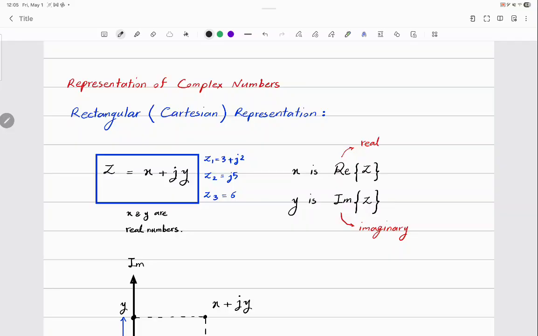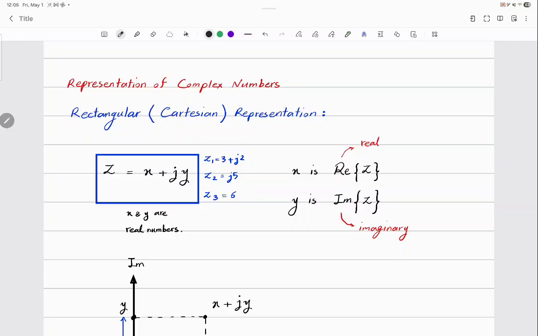The reason for that is that, let's talk about the first representation and then we will see why. So complex numbers are made of two components, okay? The real part and the imaginary part. Every complex number is defined as real part x plus j times imaginary part y, okay? So in order to represent any complex number, we need at least two separate, unrelated numbers, the real part and